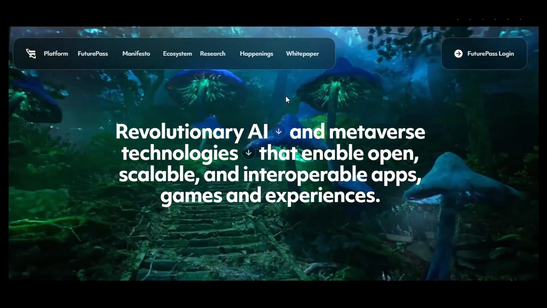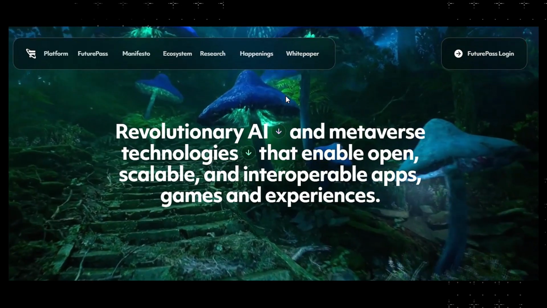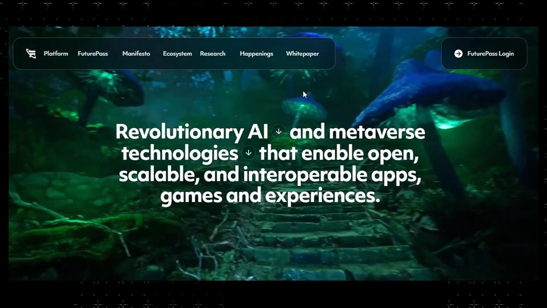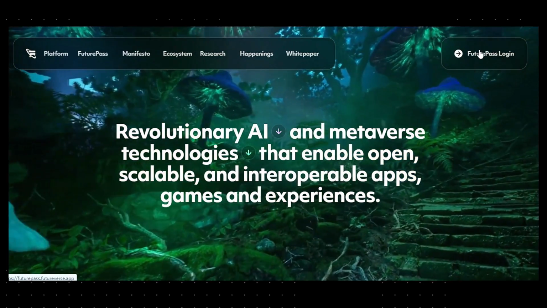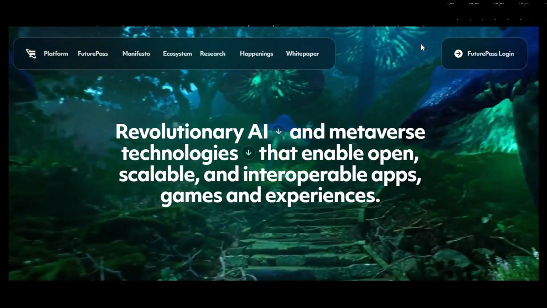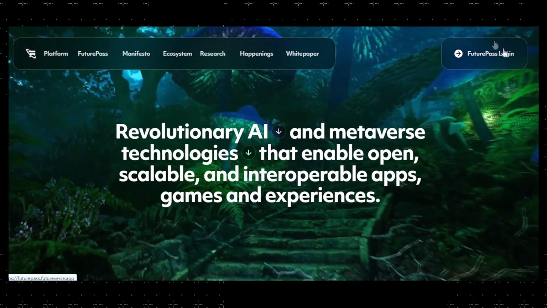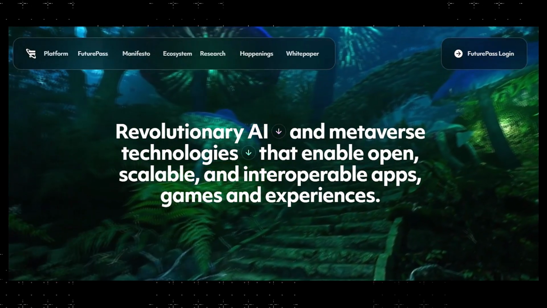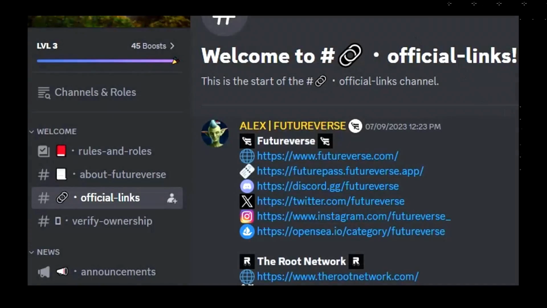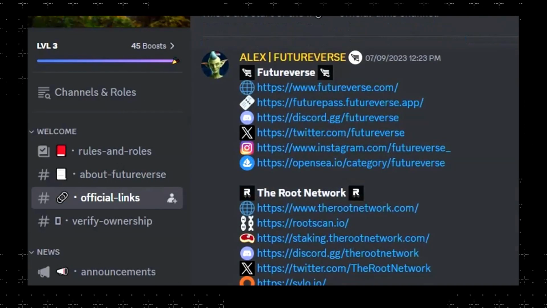Okay, now we are going to take a look at the FuturePass. One place to access the FuturePass is right here on the Futureverse website. Just click on FuturePass login right here. Another great resource and place to access everything Futureverse is their official Discord.